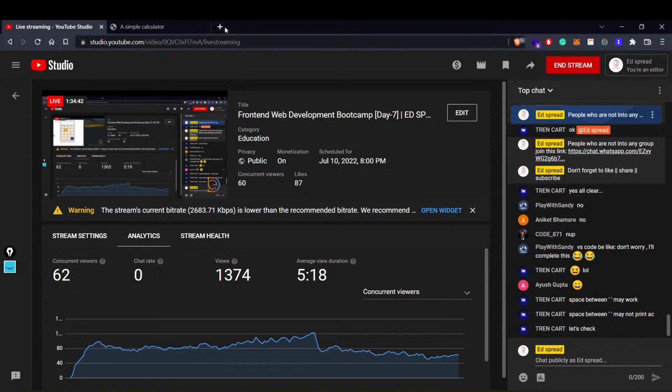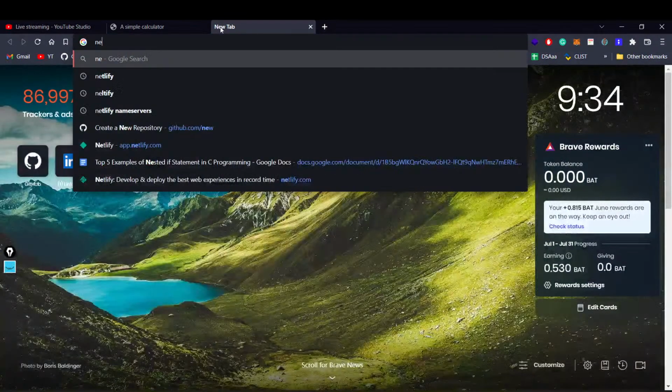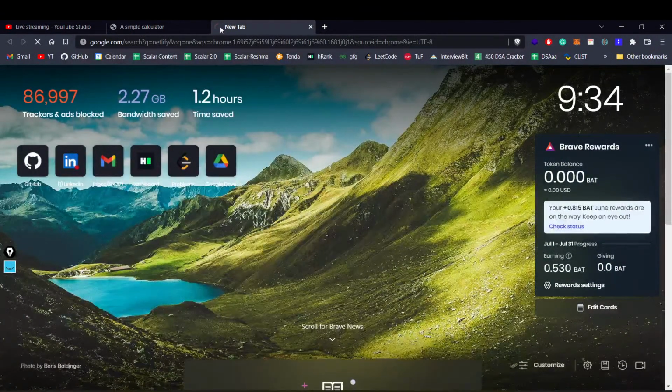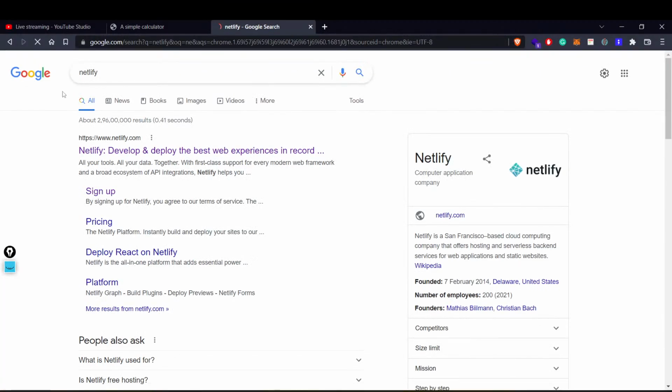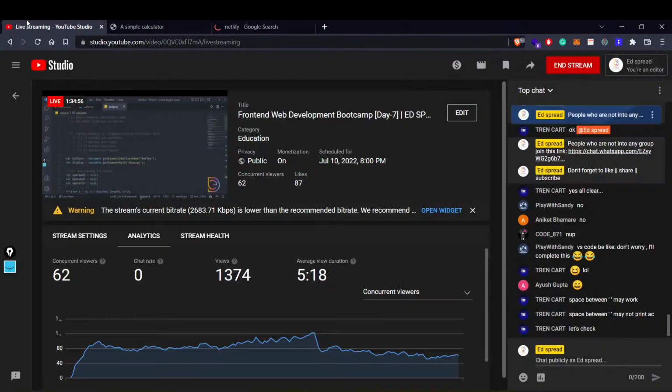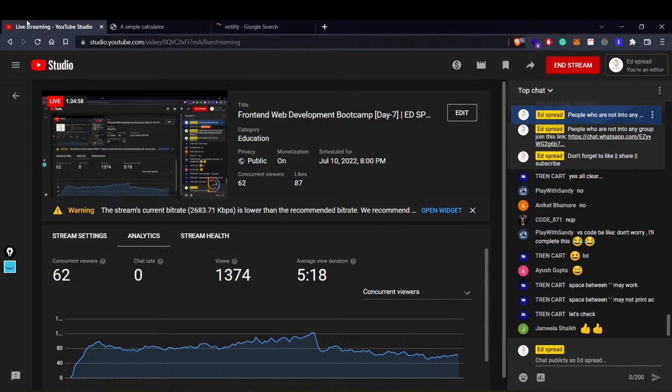Before that, let's quickly see the deployment part of that, right? Quickly give us a thumbs up if you are there at this point. And now we can move to the deployment part. Right, deployment part is fairly simple. There is a service called Netlify. In that, there is a service that gives you free hosting. If you have a static website, you can host that for free, right?